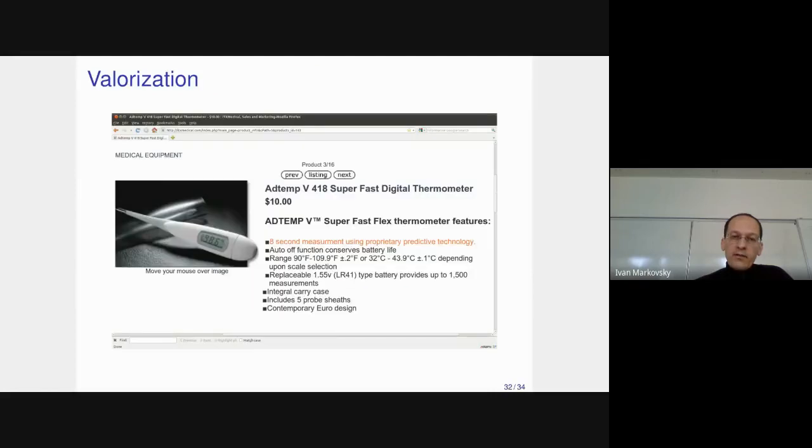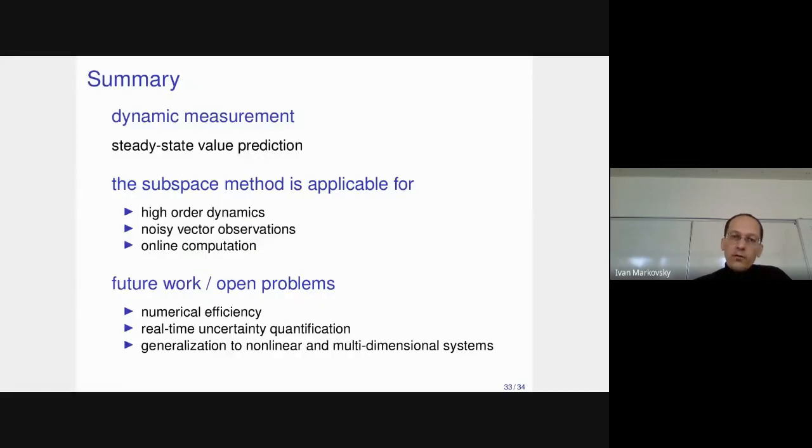So this thing can be even valorized in equipment, and the simplest possible setup of first-order dynamics is already useful, as I show here in this commercial product of temperature using proprietary predictive technology. That's not my method, it's somebody else's method, but it's the idea of doing cheap DSP processing for speed up of measurement device. So to wrap it up, for the application, dynamic measurement is basically steady state value prediction,